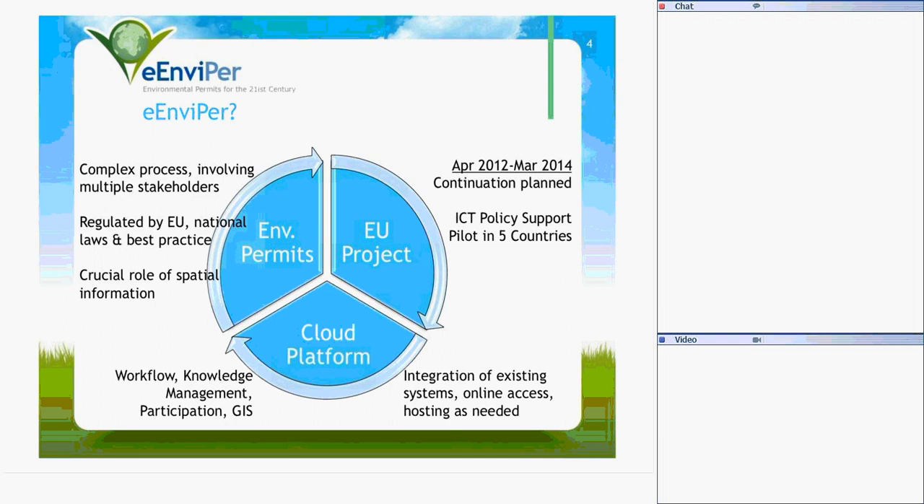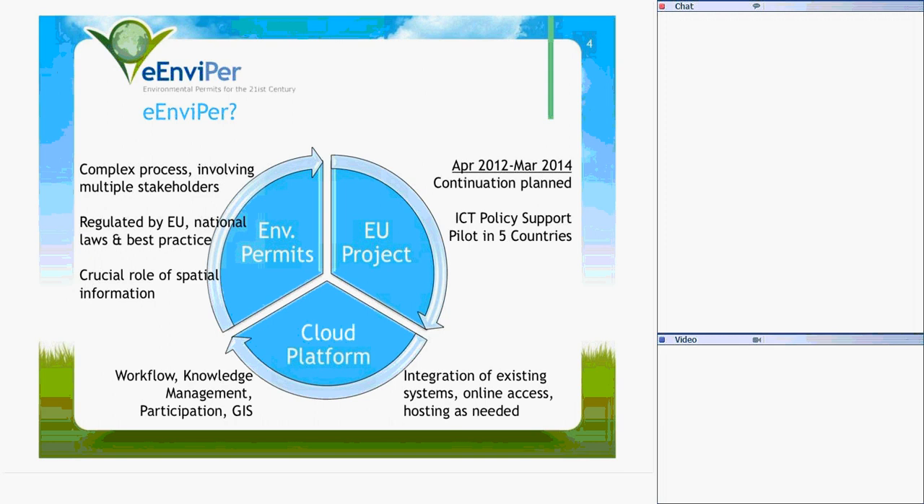eEnviPer is basically three things. One is it's an EU project. It is currently funded between April 2012 and March 2014. And our task is to pilot an existing software solution and integrate it in policy processes so that government authorities working in this area afterwards have a solution that is tested and that can really work and